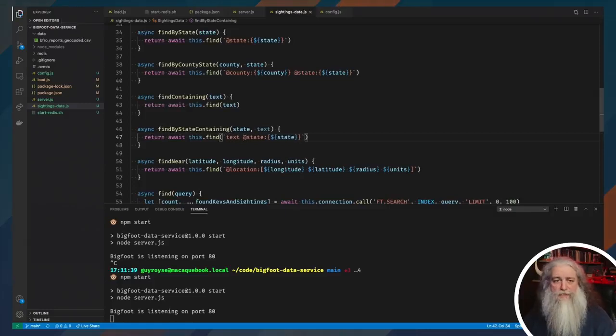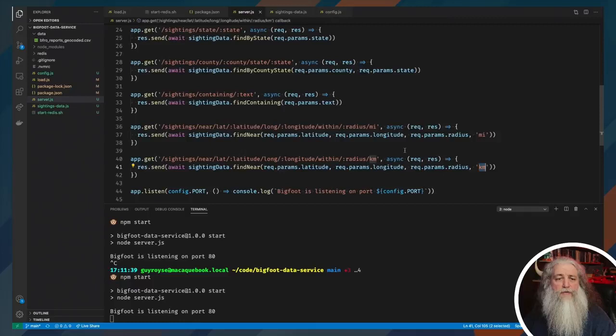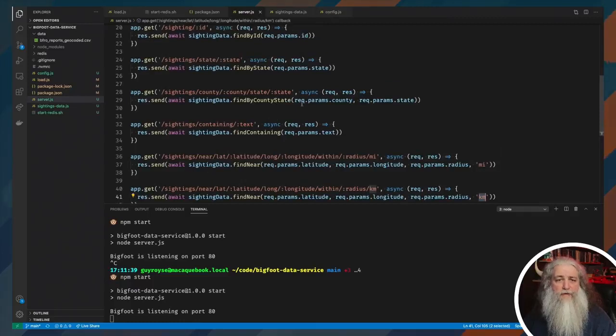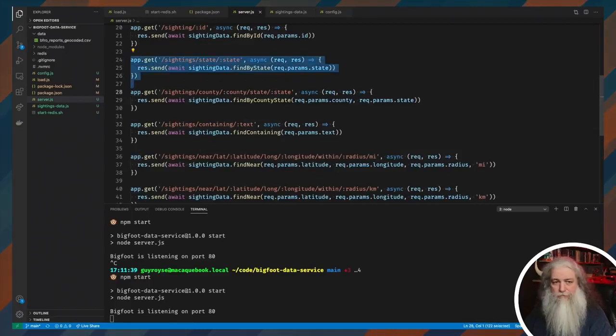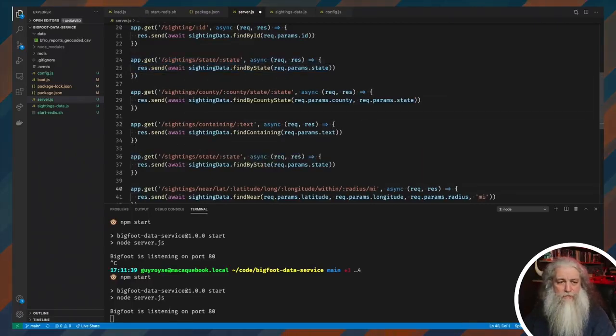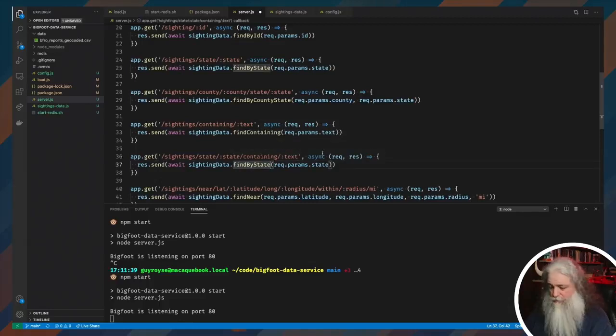And then state is that. And then we should be able to, we'll copy the state one. And we'll add containing text. Find by state containing